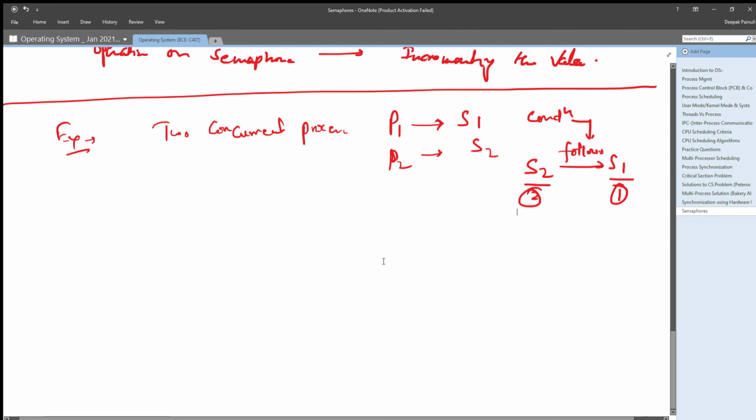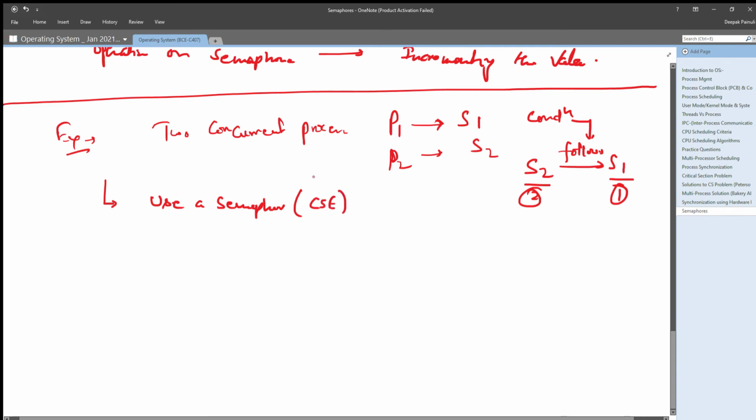So what can we use? We can solve this problem using a semaphore. We will simply use a semaphore, whatever name you want to give it. Let us say we give the semaphore the name CSE.